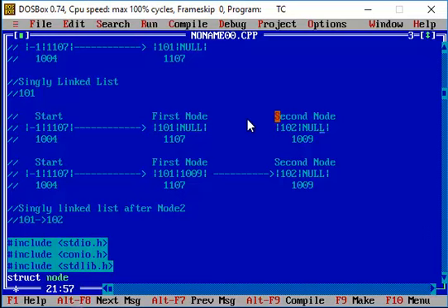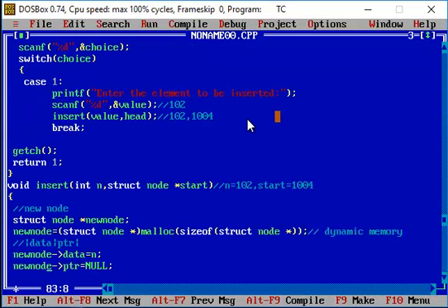Now what I'm going to do is, as I told you, I'm going to start from the start node. I'm going to visit the address field of every node that is present. Let's say for example I'm trying to create another pointer variable p that will hold the address of your header node or the start node. So this will hold the address of your start node. The start node has the value 1004.